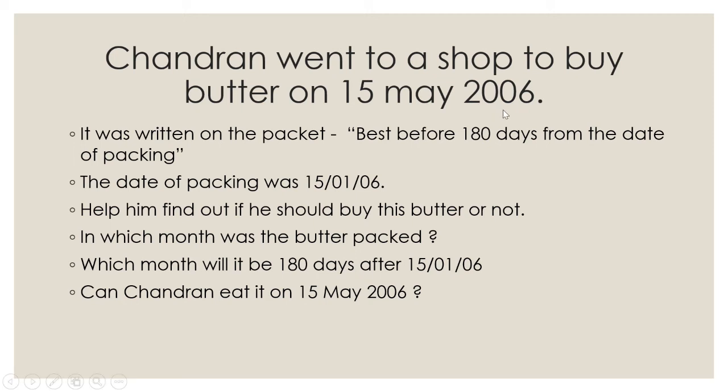Children, whenever there is an eatable, it has a date of expiry. Now, the date of expiry is the date till when we can eat that eatable. Till when it is safe to eat that eatable. So butter also has date of expiry. Another common thing which you use in your day-to-day life is bread. Bread also has an expiry date, and it has an expiry date of some 4 to 5 days.